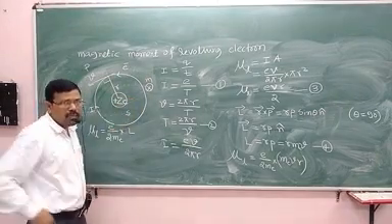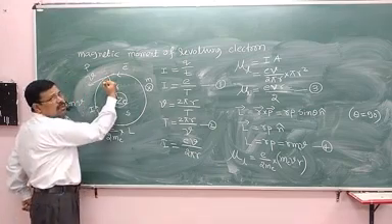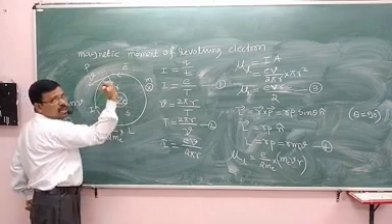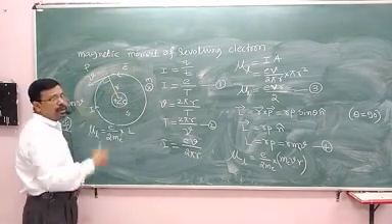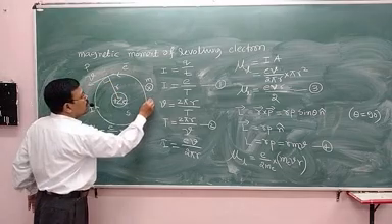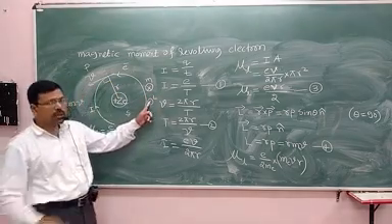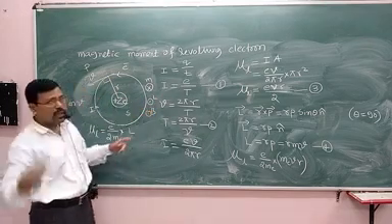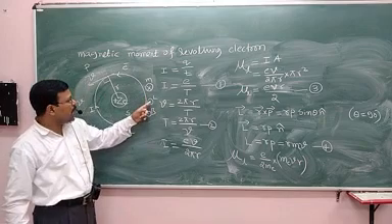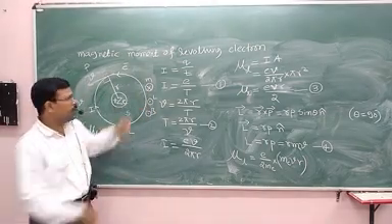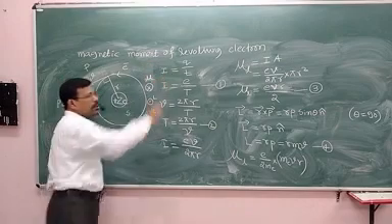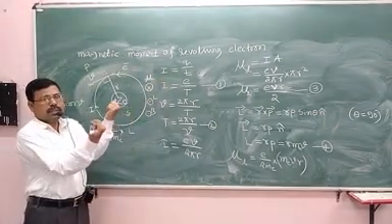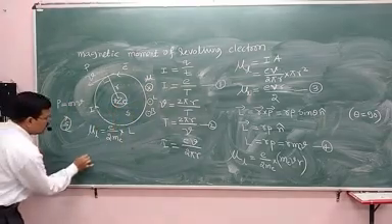What about the direction of angular momentum? You can see here, this gives the direction of linear momentum and this gives the direction of angular momentum. So angular momentum is coming outward. The direction of the magnetic moment is inward, against the direction of angular momentum. So angular momentum and magnetic moment are just opposite. Therefore, there must be a negative sign here.